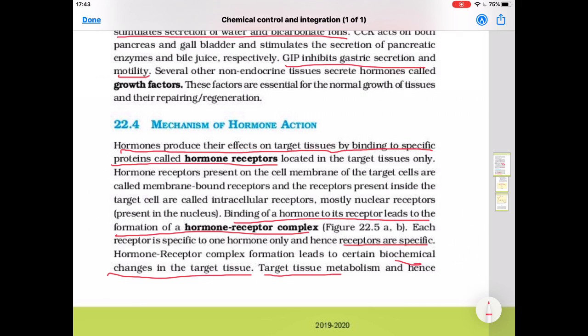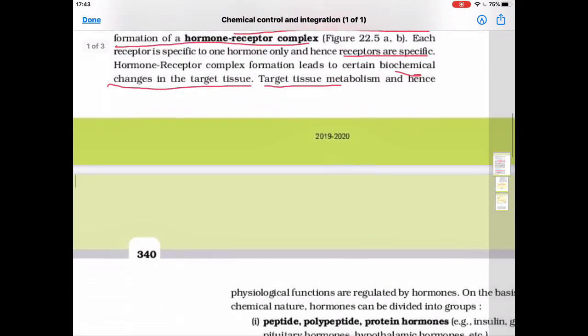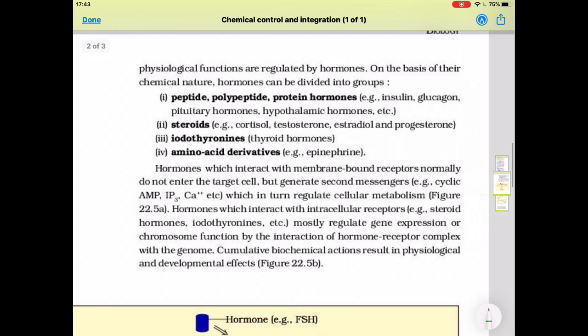On the basis of their chemical nature, hormones can be divided into groups. They can be peptide or protein hormones, steroid hormones, iodothyronine hormones, and amino acid derivatives. Learn at least one example of each. Hormones which interact with membrane bound receptors normally do not enter the target cell but generate second messengers which in turn regulate cellular metabolism. Just see the diagram